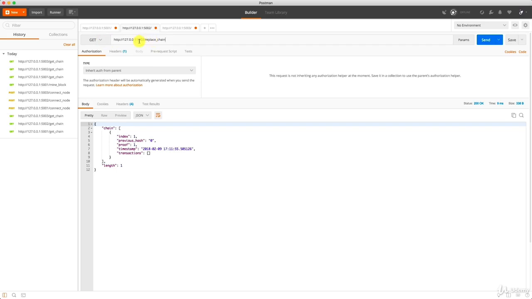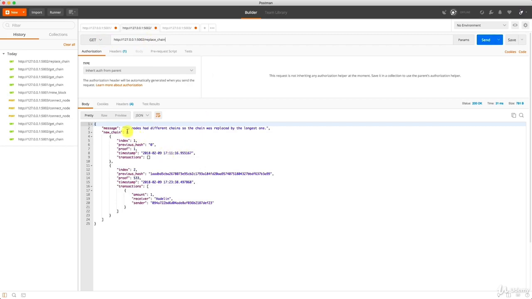We are on Kirill's node 5002. We are ready to replace the chain. And here we go. The nodes had different chains, so Kirill's chain was replaced by the longest one. Awesome. And now we have the new chain with the Genesis block, which by the way is now having his